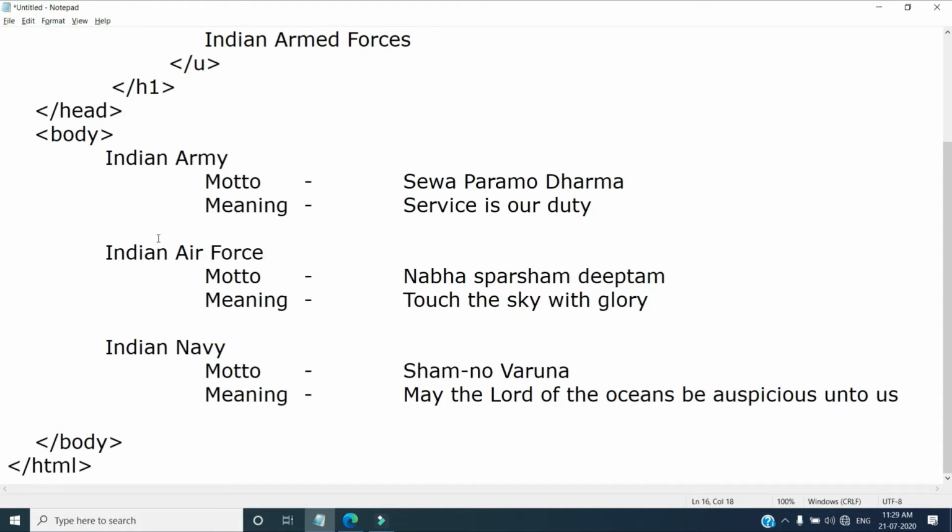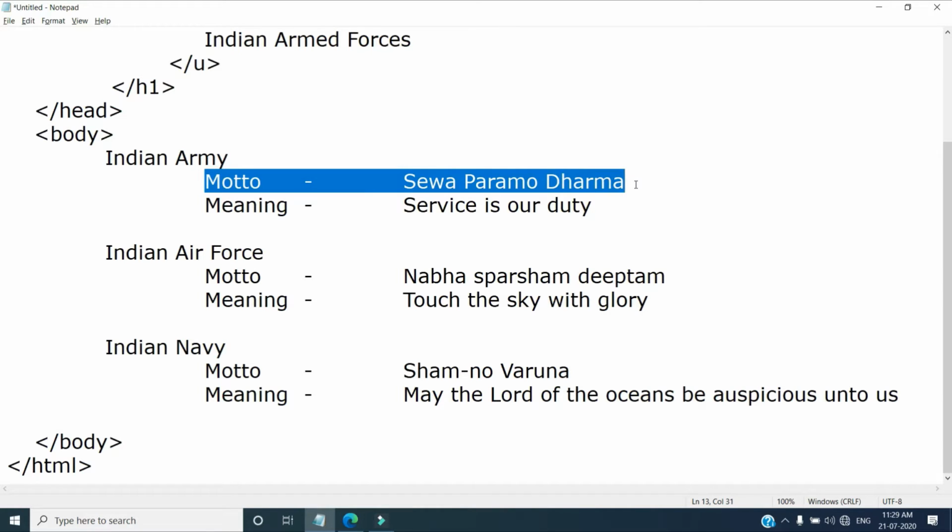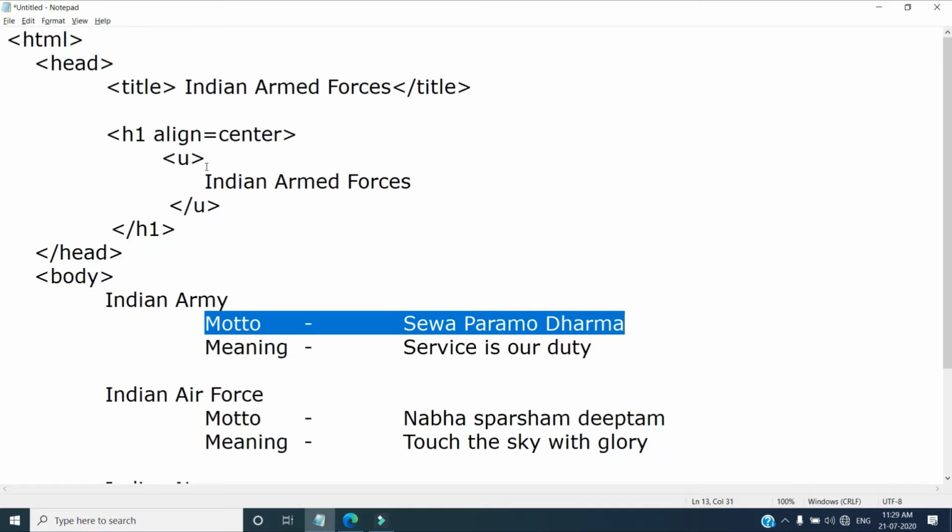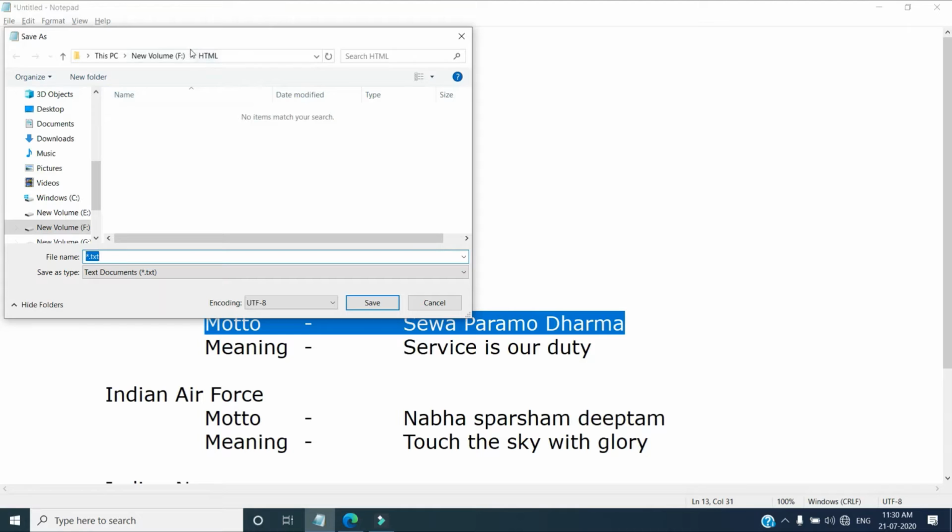So here I have mentioned Indian Army, motto, meaning, etc. I want this motto, Seva Param Dharma, to be a scrolling text. So let's see how we can do this. But before that, let's see what the output of the code I have typed looks like. File, save as, we will save in our folder, F drive, HTML,